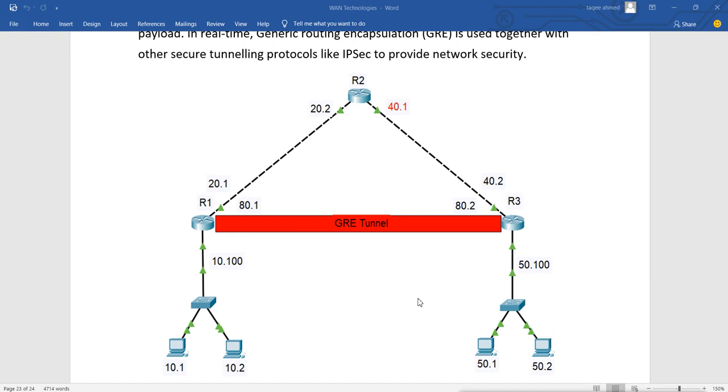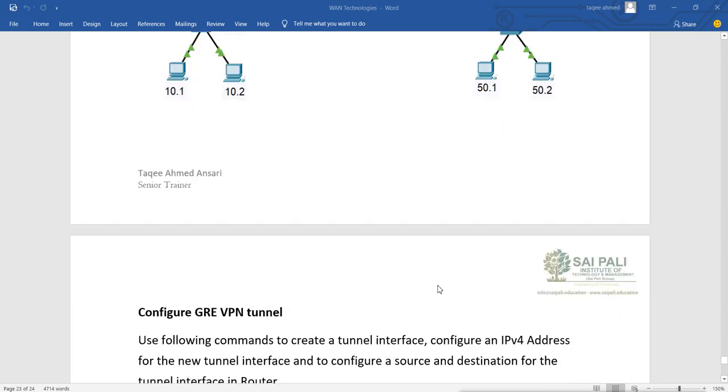Now we can create this GRE tunnel between router 1 and router 3 directly. It will create an encapsulated tunnel, and within that tunnel we can configure routing also to connect router 1 to router 3. It is easy to configure.